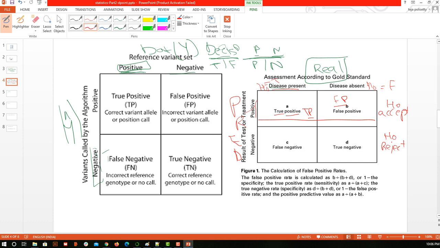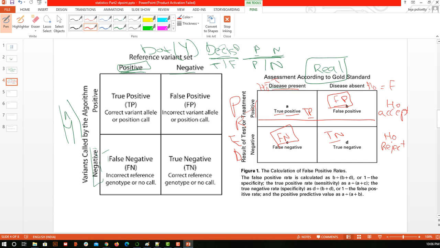Now wait for 2 more minutes and you will get more clarity on this. Next is COVID is present, but we said it is not present, so our decision was false, and what we predicted was negative. Similarly COVID is absent, and we also said that the patient doesn't have it, so the decision we took was correct, and the decision we took is negative. Now let's focus on the decisions where we were wrong. We were wrong at false positive and false negative.